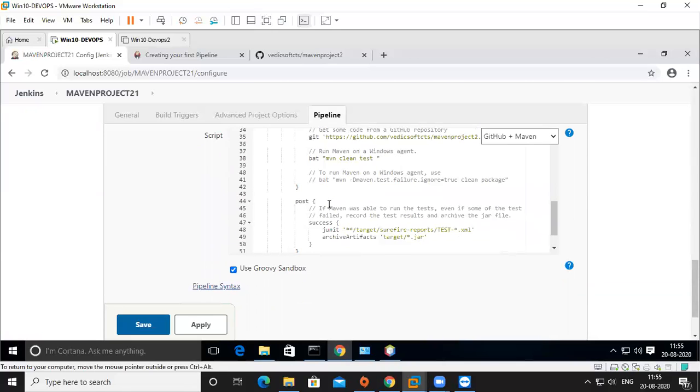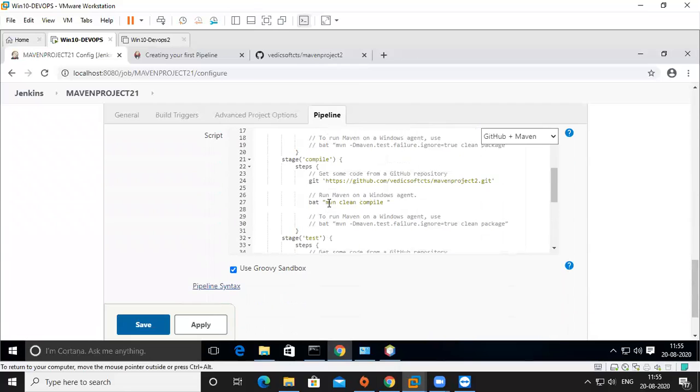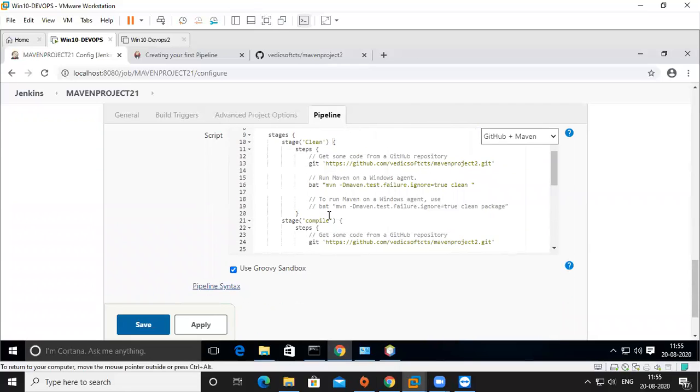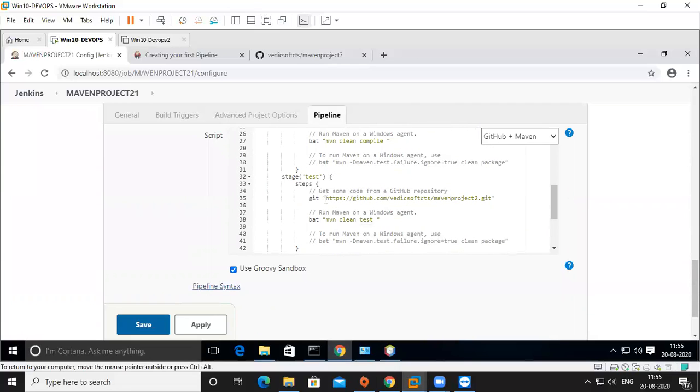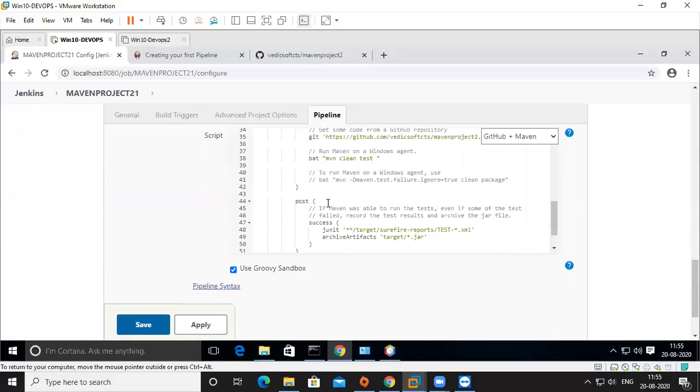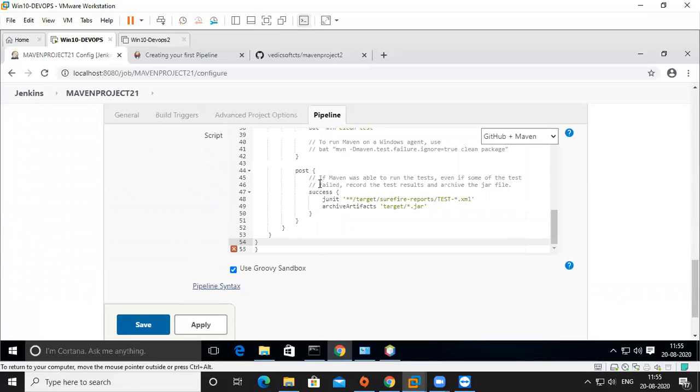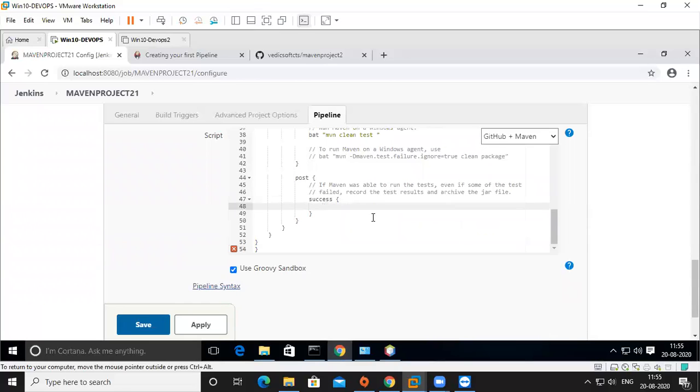Okay, post means after this one. If it is successful, then it is in post. If it is successful, do the JUnit thing. I don't have any JUnit things here, so I'm going to remove this one. So I'm using bat in quotations mvn clean package.